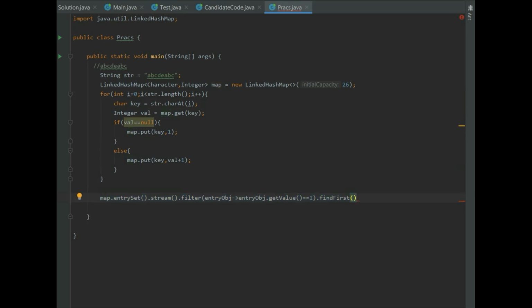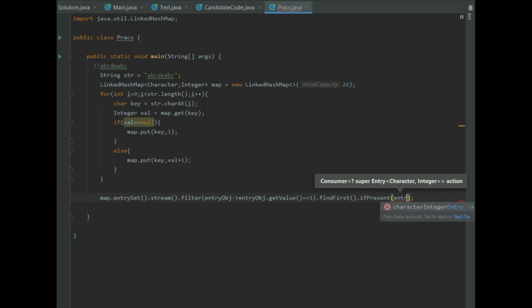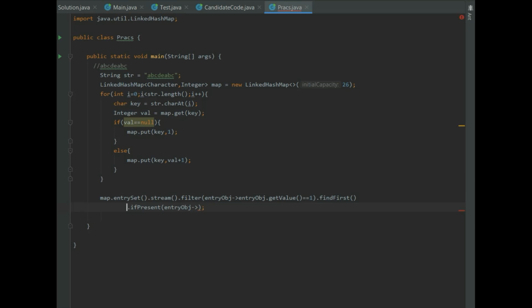I want to get the value out of that optional object, so I'll make use of ifPresent. If a value is present in the optional object, that means there is an entry that satisfies the filter condition, then I'll take that entry object and just print it. Let me put it down so that it is visible.